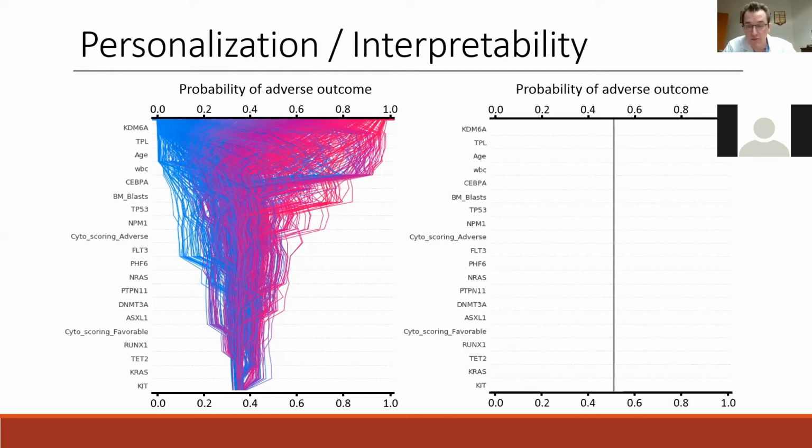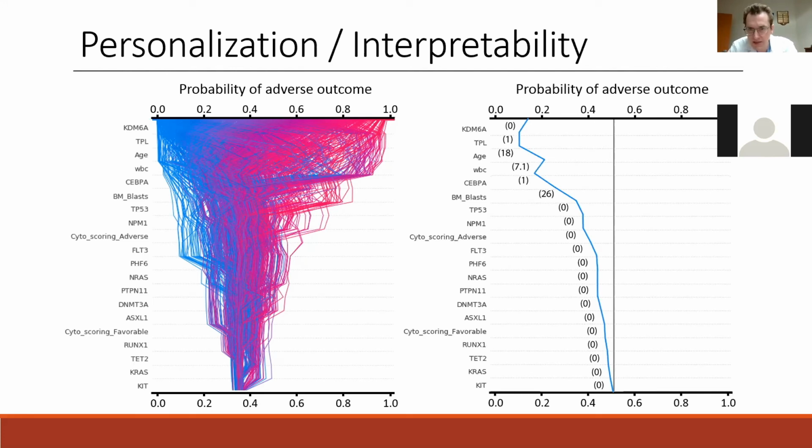It's the exact same interpretation on the left. The left demonstrates all of our data and all the different patient outcomes. But if we have a single patient and want to put them into the model, you can do so just like this. The patient starts at 50%, anybody's game, at the bottom. As the patient moves up through each of these features, and each feature is taken into account, it adjusts the overall probability. Looking up, most of these are zeros, which means there weren't mutations found. And then it gets up to the blast of 26%.